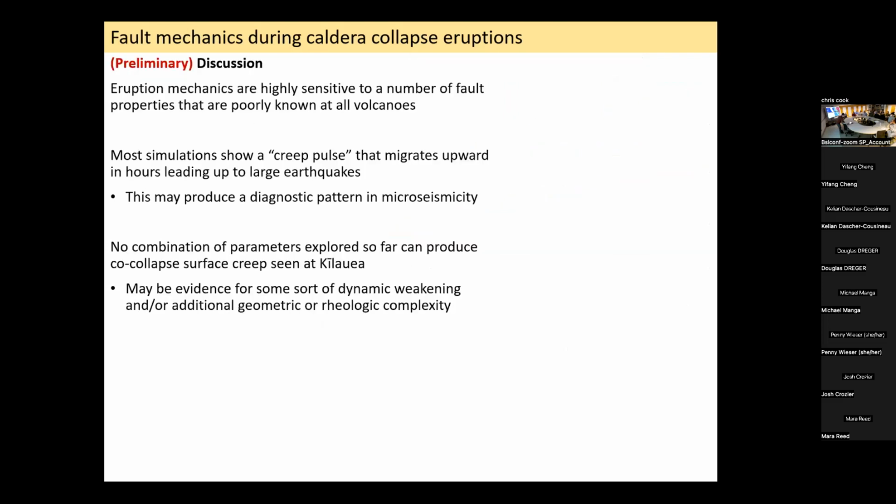But yeah, so maybe we'll talk about it a little bit. At the other places that you mentioned that have the caldera collapses, is the like